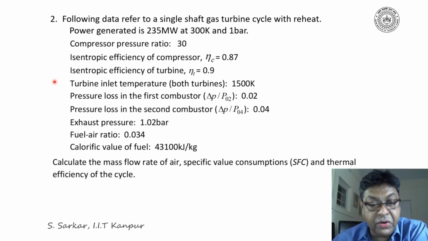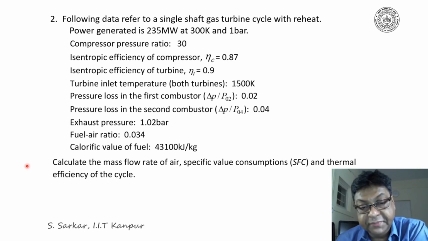Fuel air ratio is 0.034. Calorific value of fuel is 43,100 kilojoule per kg. Now we'll have to evaluate the mass flow rate of air, specific fuel consumption, thermal efficiency